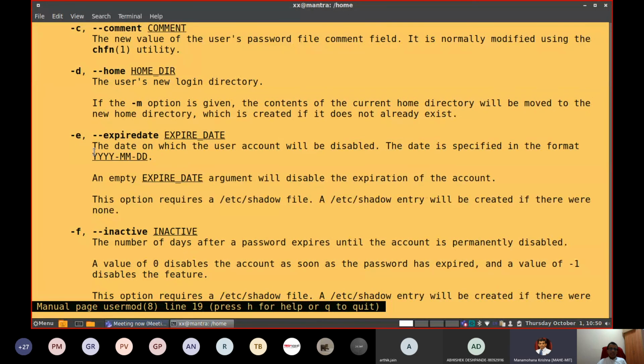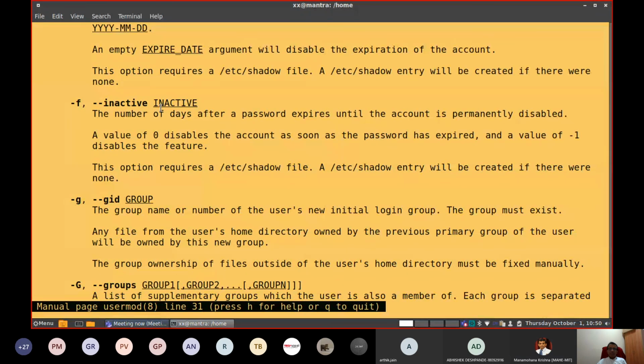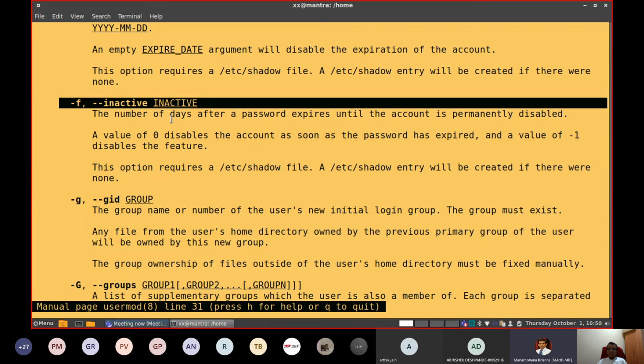See expiry date. You can find it out. You can say what to do if the password is inactive: the number of days after the password expires until the account is permanently disabled. You can disable an account also.